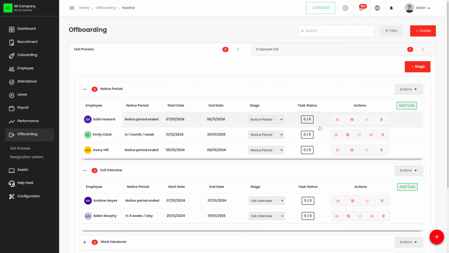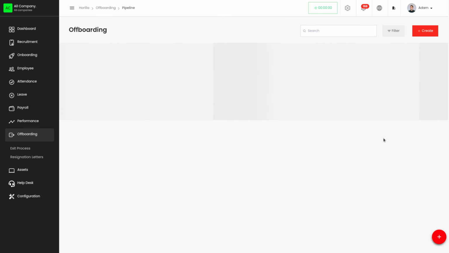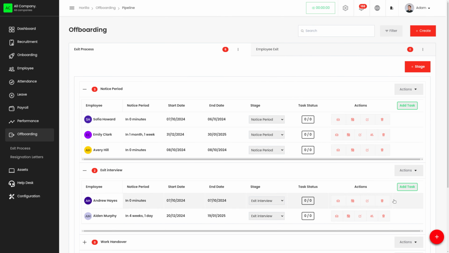Also, we have the task managers. We can set different task managers, and when adding the stage, we'll be able to set the manager for that stage from here, and that manager will be able to manage the task from their portal. Like that, we'll be able to add different employees as the managers for the offboarding process, or the stages of the offboarding process, or for the tasks, and the employees who have been set as the managers will be able to manage those things from their portal.